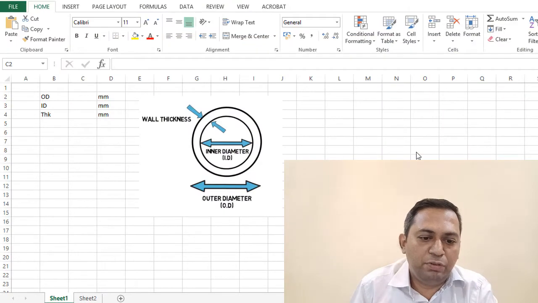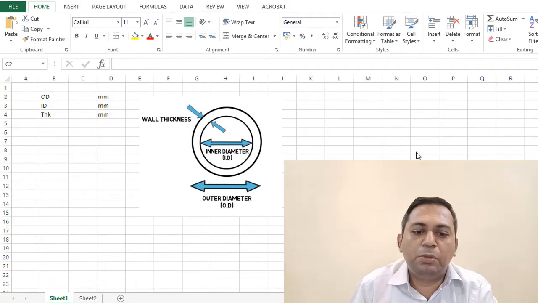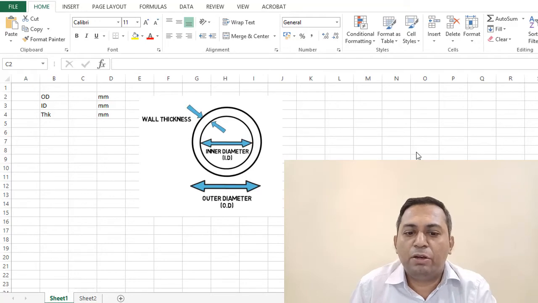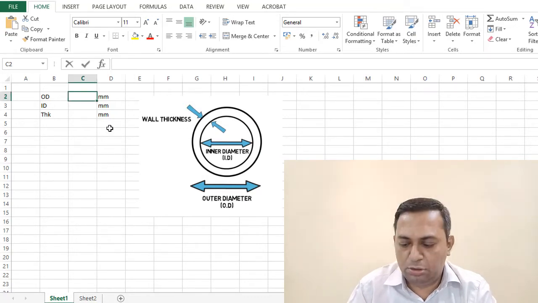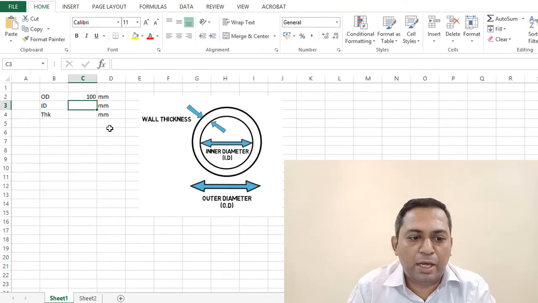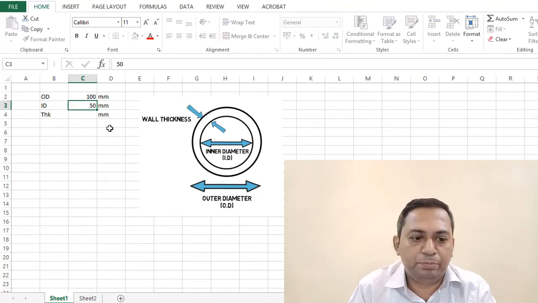So let us see. Here we have to calculate the thickness of the pipe. Very simple configuration: OD minus ID, divided by 2, that will give us the thickness. So let us assume our OD is 100 mm and ID is say 50 mm.